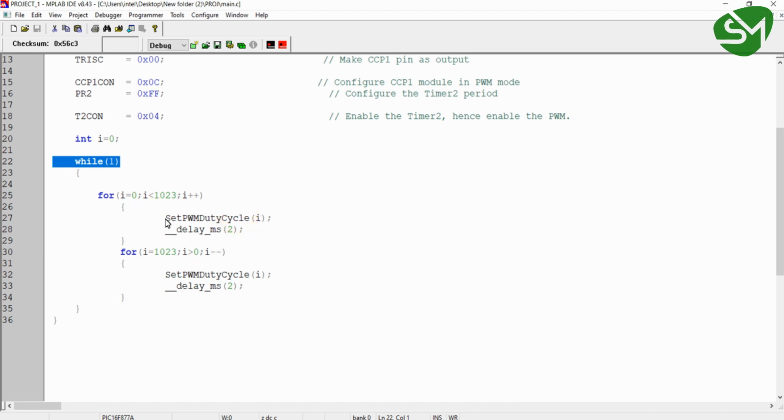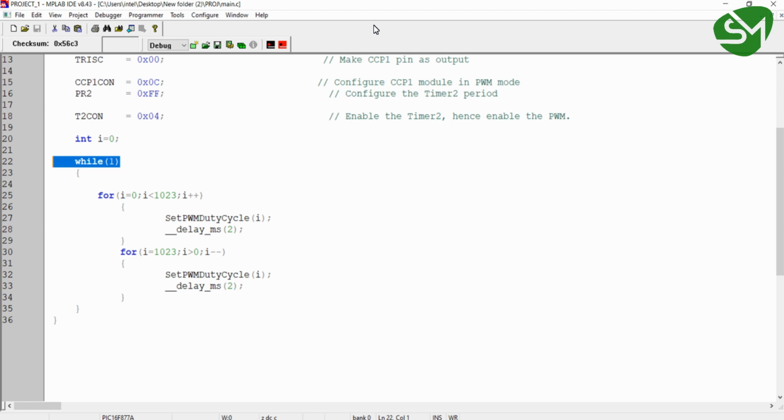So this process continues till the microcontroller is stopped. We will be connecting an LED to the output pin of the PWM wave. So the brightness of the LED will be varying from 0 to maximum, and once it reaches maximum, it will be varying from maximum to minimum, and the process continues from the beginning.